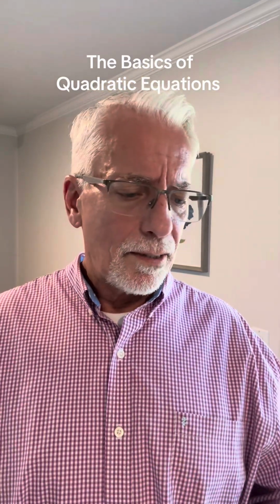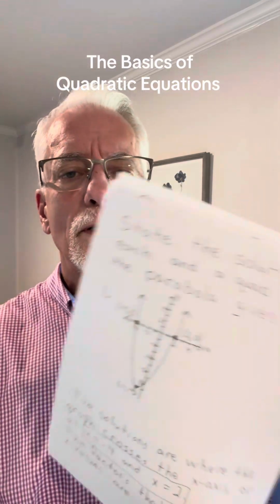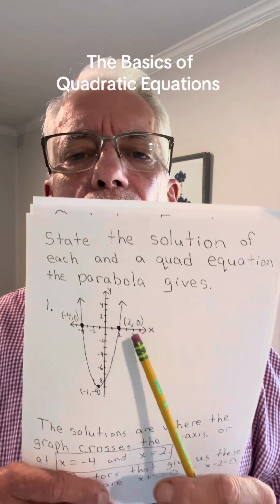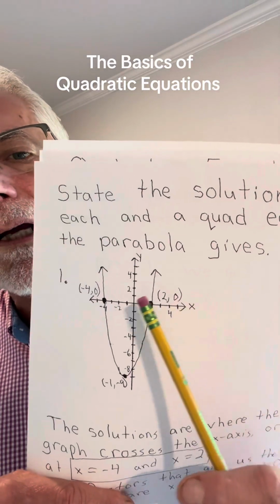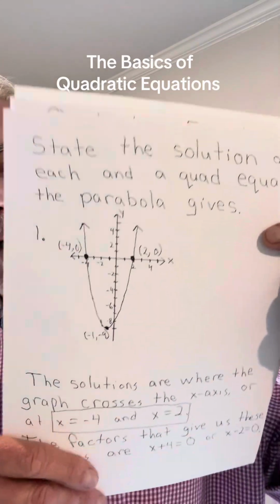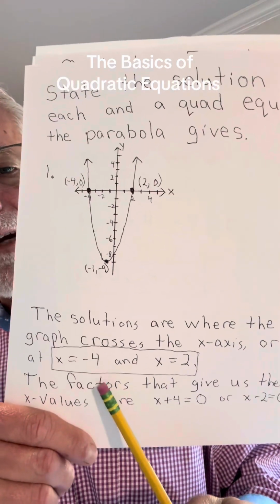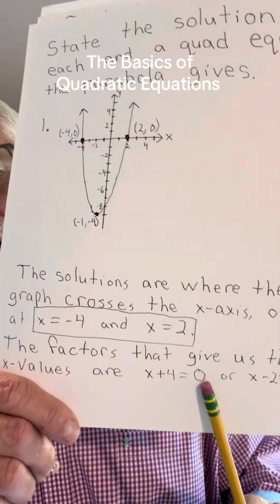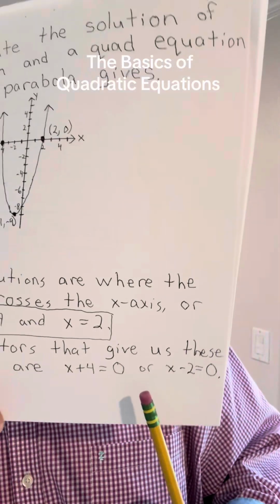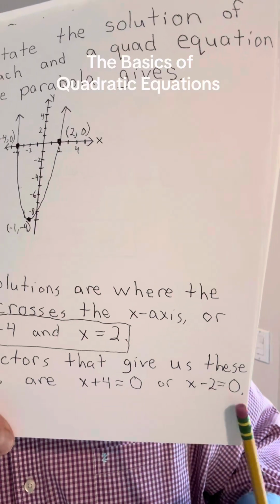Okay, so this says state the solution of each and give a quadratic equation that this parabola gives right here. The solutions are x equals, notice how y equals 0 here and y equals 0 here. Here's x: x equals -4 and x equals +2. So those are the solutions, -4 and 2. To get x equals -4, I would solve x plus 4 equals 0, and then I'd go -4 minus 4. That's how we get x equals -4. Over here, this would be x minus 2 equals 0,